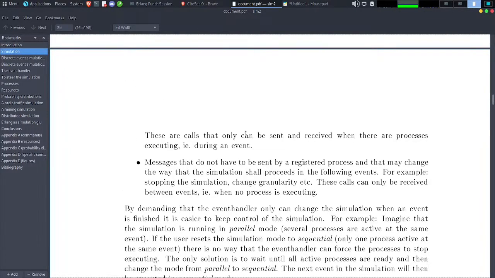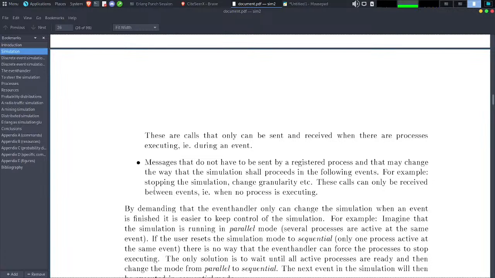These are calls that can only be sent and received when there are processes executing during an event. The second kind are messages that do not have to be sent by a registered process and that may change the way that the simulation should proceed in the following events.